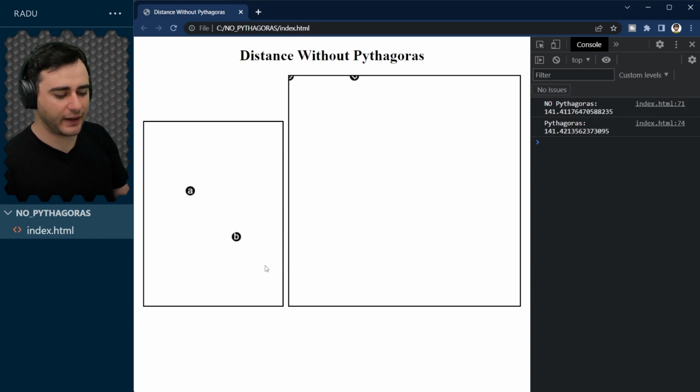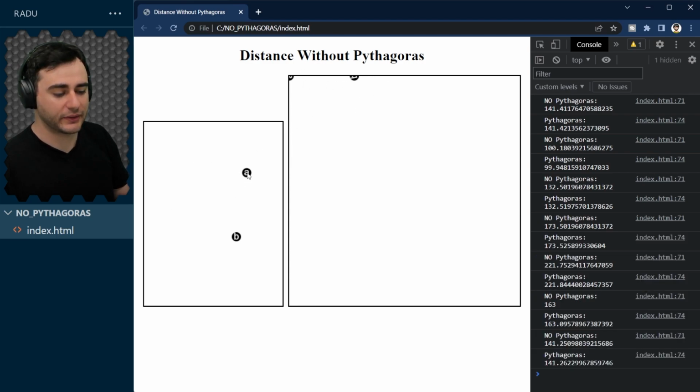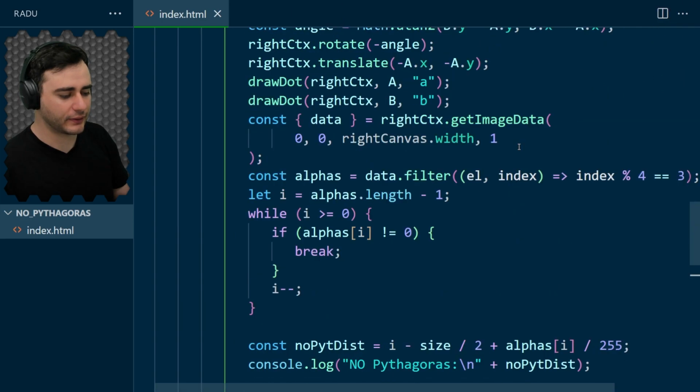And if I click on A here, this B has moved. And if I click here, B moves again. And everything here looks proper no matter where I click. And these distance values also look pretty good, no matter where A is. Let's do the same for B real quick. So I'm going to go here at the top